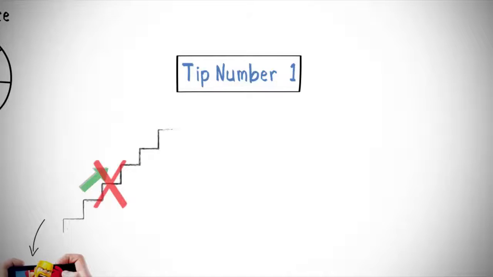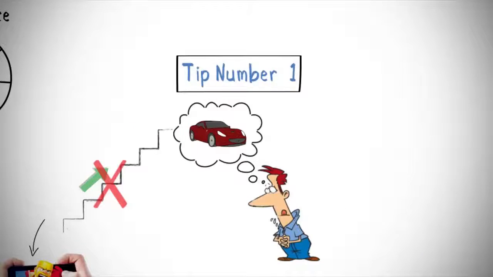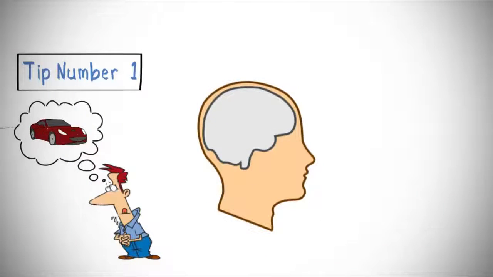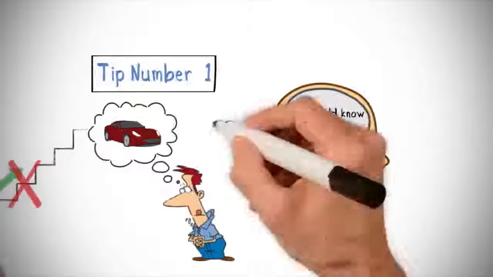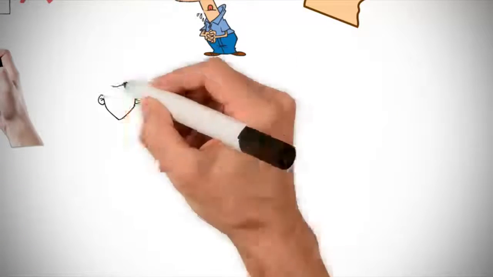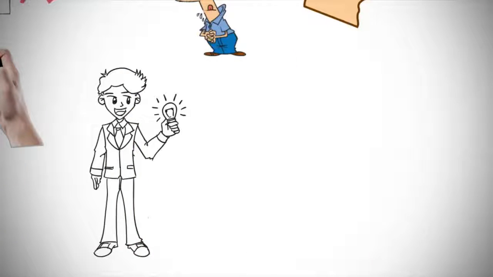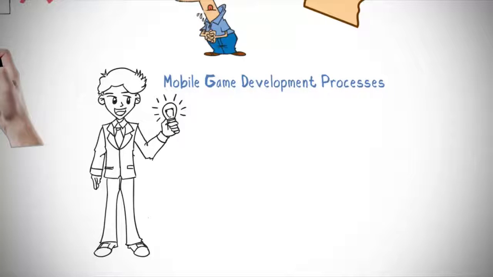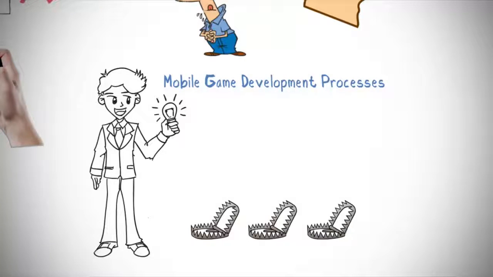Tip number 1. Stop wishing for things and start doing. A typical mindset is that you should know what you're doing before you actually do it. But this is not how you advance in life. You advance by doing what you don't know. I started with very little knowledge about mobile game development processes, and of course, I stepped in many traps along the way. But that's okay, because it is a part of the learning process, and don't be afraid to fail